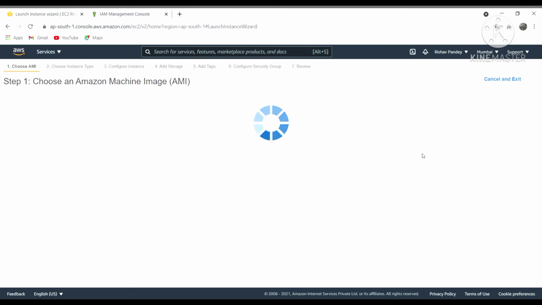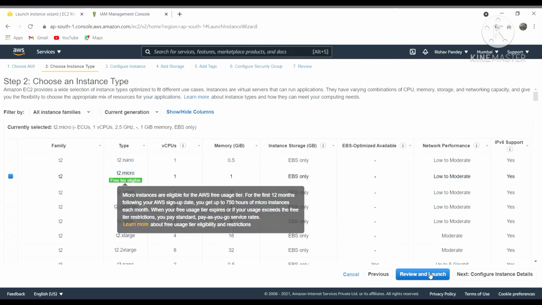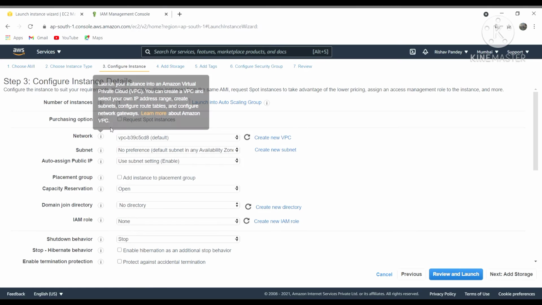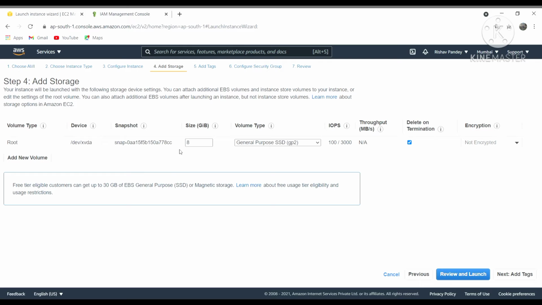Then I'm selecting this only required one. Here I have to select the IAM role which I have created just now, IAM saving pause. I'm adding the storage. By default it is 8. You can add till 30, because till 30 only you are provided on a free tier account.